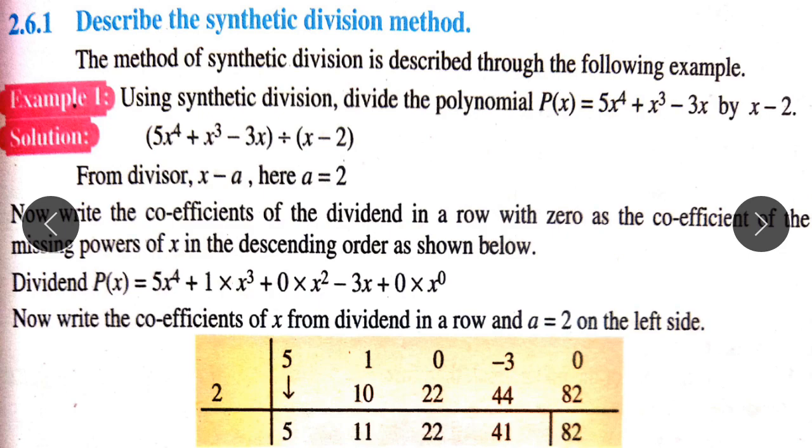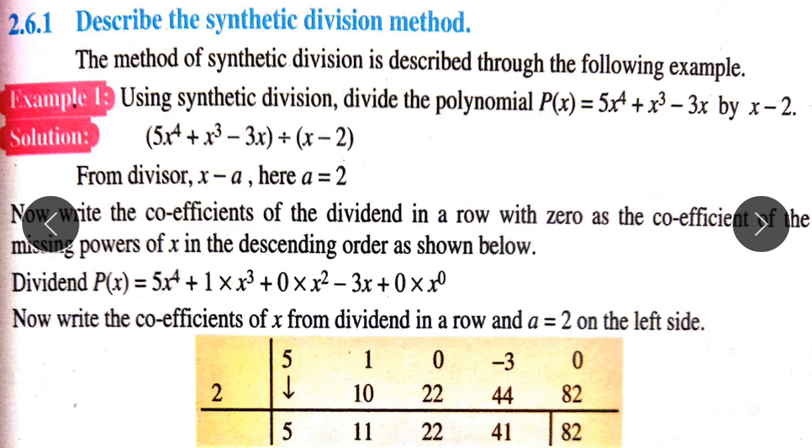So here we can see that the coefficients of the dividend are written in a row. Then here the divisor can be -2. If it's -2, we can write here +2. So what is the procedure here? We can bring the first coefficient down as it is, meaning this arrow sign you can see here, 5 is brought